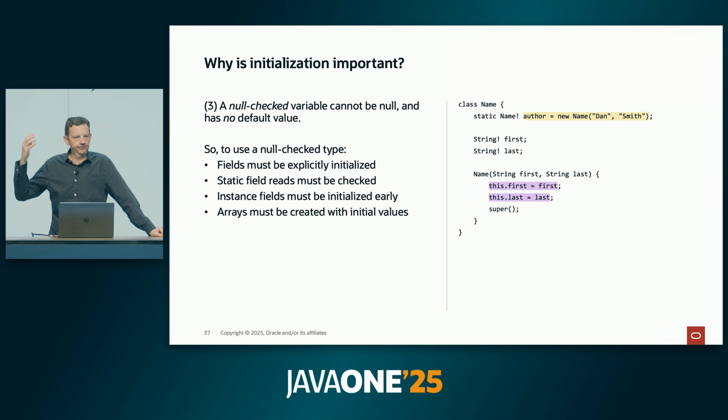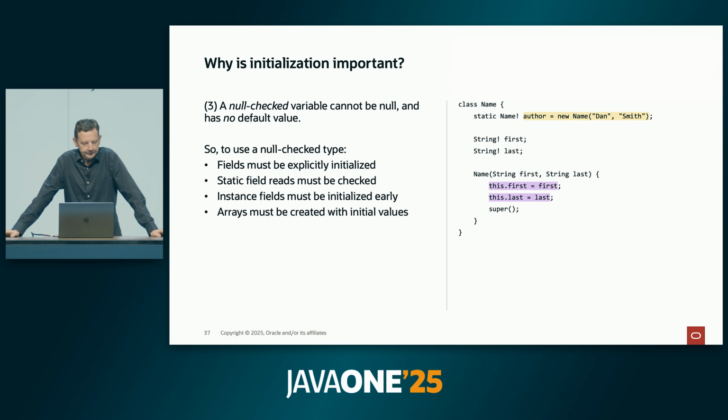A third example, we want null checking of variables, preventing a variable from ever being null. So if a variable can't be null, but it stores a reference, what is its default value? The answer in a lot of cases is there is no default value. So what before was an annoyance, you could read a field and see a default value that wasn't the intended initial value. Now it becomes a crashing VM or something because you're seeing data that was never initialized and is not meant to be read.